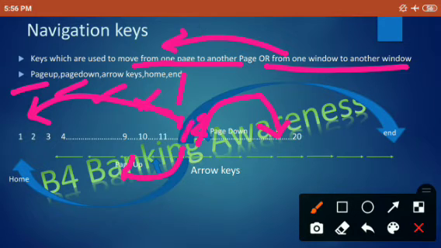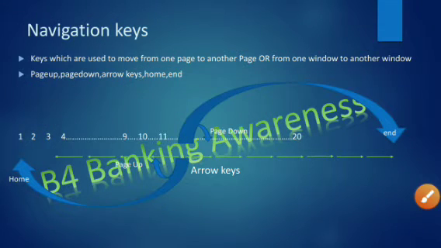If you press the end key you can go to the end of the document. Here a question can be asked as which key is used to move from some page number to the first page number, which key is used to move from some page number to the end of the document? Your answer should be home key and end key respectively.